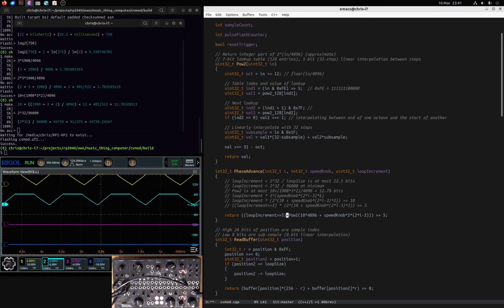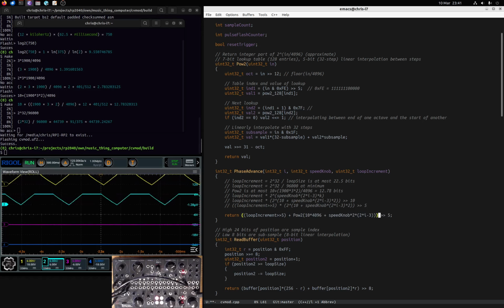Not 100% sure about that, but we will see. So I think that should give us, let's just actually do a sanity check. If speed knob is 0, we want this phase advance to be just loop increment, because we want the read heads to be going at the same speed as the write head. So